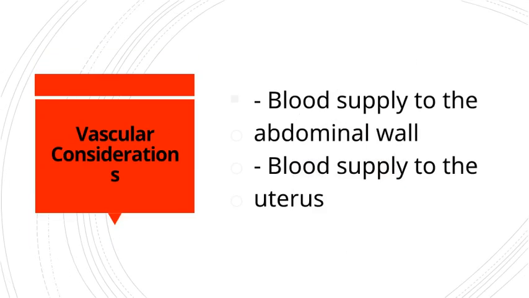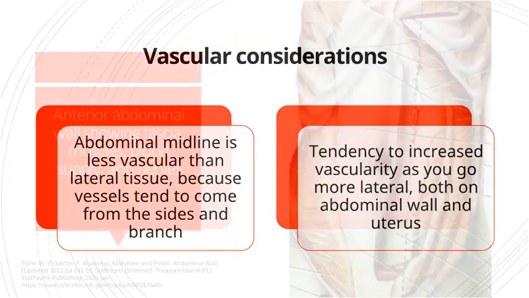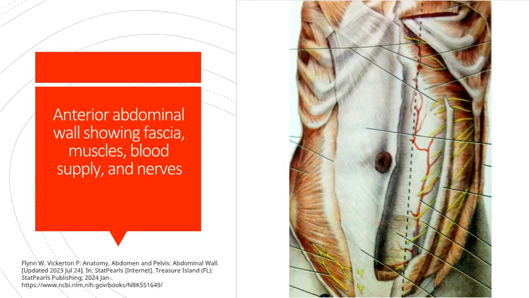The surgeon must know the blood supply to the abdominal wall and the uterus. Abdominal midline is less vascular than lateral tissue because vessels tend to come from the sides and branch. The anterior abdominal wall muscles can be divided into two groups. 1. Flat muscles located laterally include the external oblique, a middle layer of the internal oblique, and the deepest layer, the transversus abdominis. 2. Vertical muscles: near midline, the rectus abdominis muscles are large vertical muscles on either side of